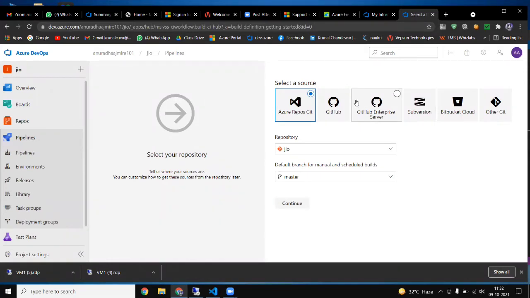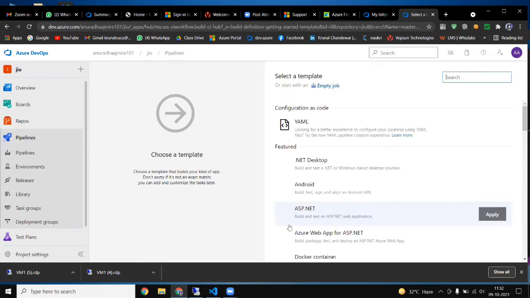GitHub and these others are now more refined versions of that. If I select Azure Repos, suppose I select one repository and then say continue, see what will happen.